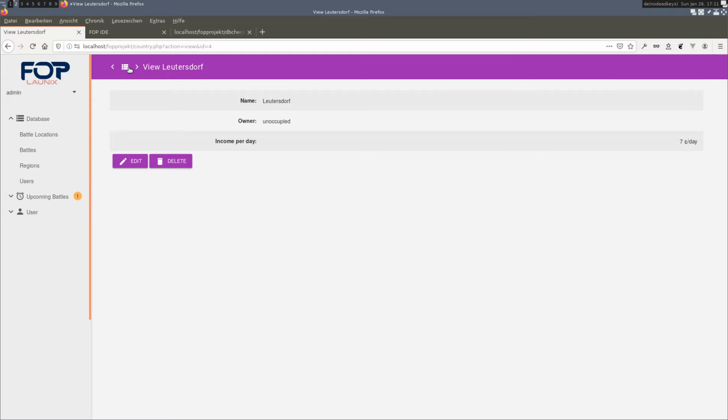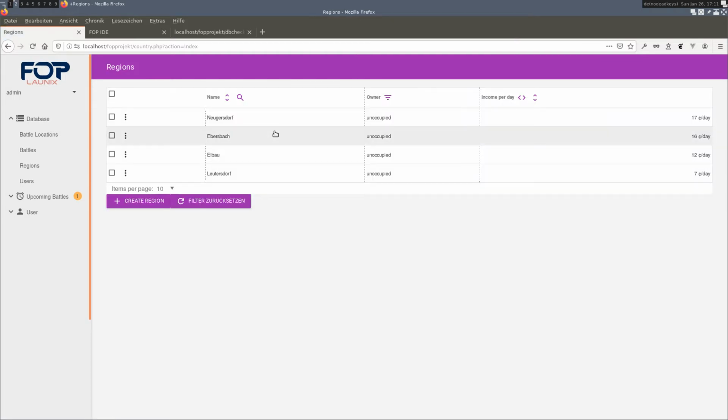Now we have 4 regions that we can fight for, and